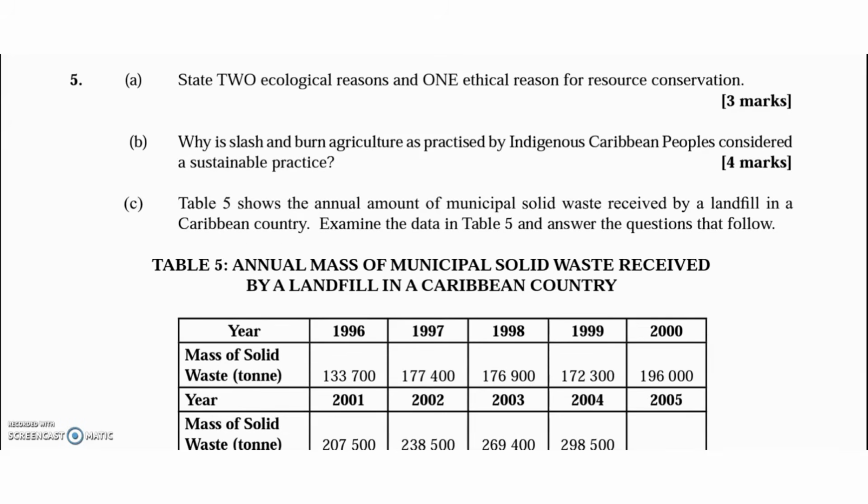Why is slash and burn agriculture, as practiced by indigenous Caribbean peoples, considered a sustainable practice? First and foremost, slash and burn agriculture by indigenous or native or tribal individuals, primarily in the Caribbean, is considered to be sustainable because their level of disturbance, involving fire and minor deforestation, cutting down trees, would be minute. The impact would be small. Unlike today,